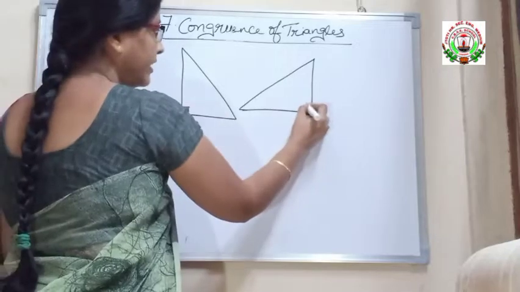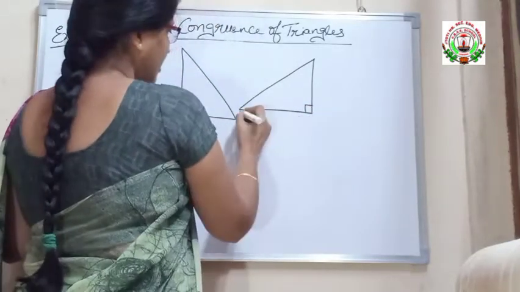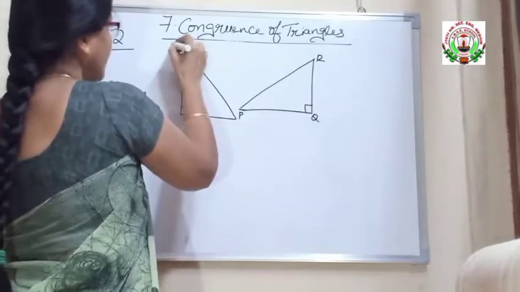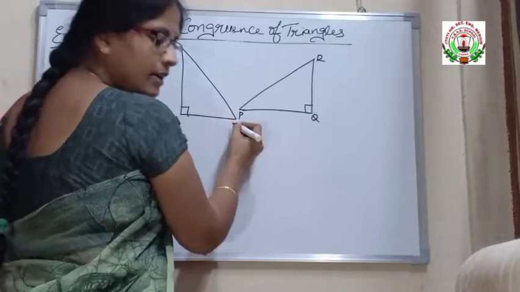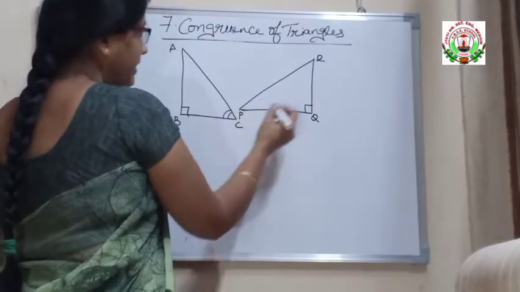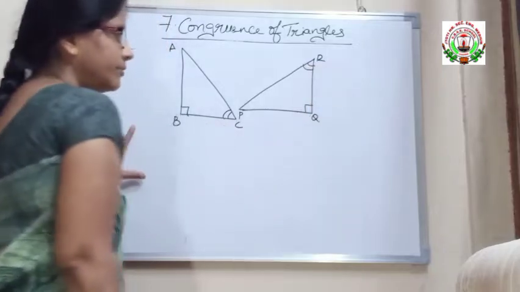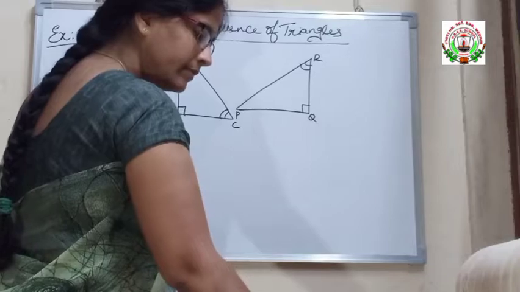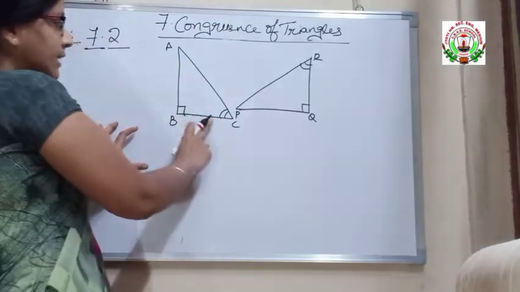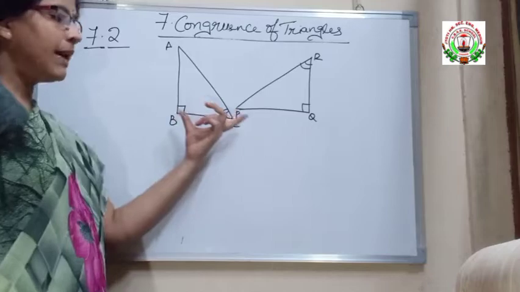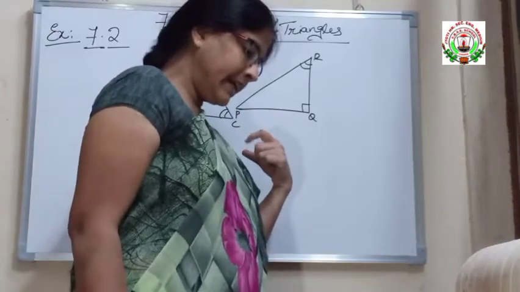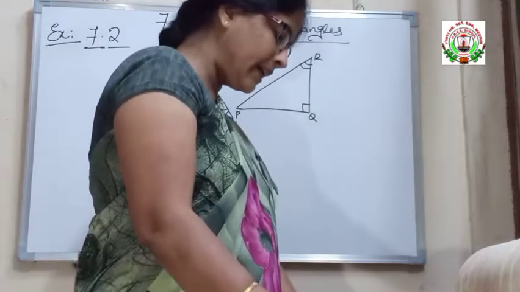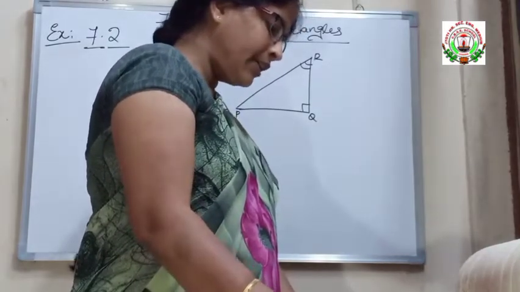This is your right angle triangle PQR here. Next, ABC here. And they have given angle C is equal to angle R. Now they are asking by which property. See, if triangle ABC and triangle PQR are to be congruent, name one additional pair of corresponding parts. What criterion do you see?